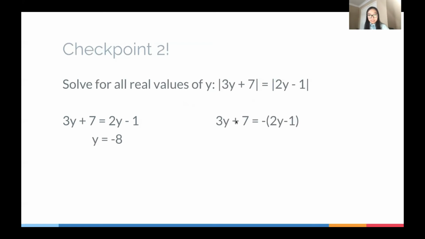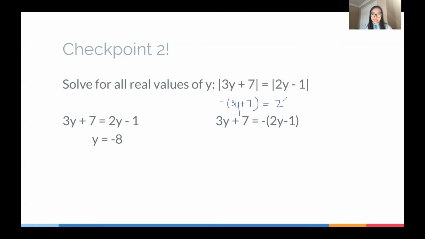And then conversely, we have 3y plus 7 equals negative 2y minus 1. And you might be asking me, Star, hey, why isn't the 3y plus 7 a negative? Because obviously we said we have to do it to both sides, but the reason is quite similar to the first one. So if we do the same thing as before, if we put the negative on the 3y minus 7,